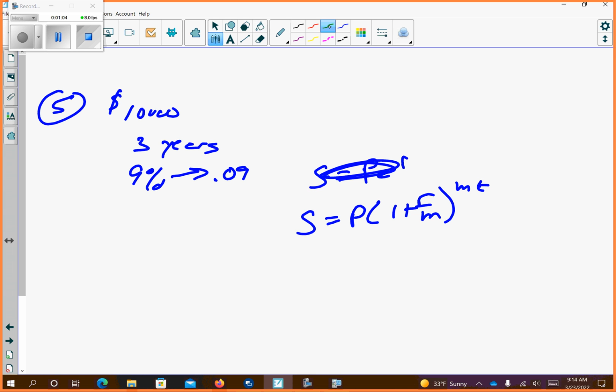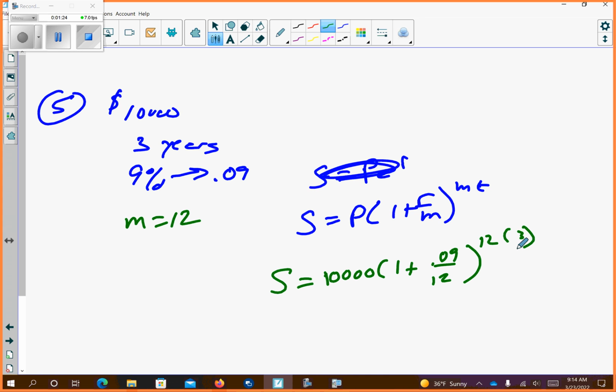And compounded monthly. So our M is going to be 12 because it's monthly, because there's 12 months in a year, unless I have forgot a month. So we're going to go 10,000, 1 plus 0.09 over 12, raised to the 12 times 3. And if we plug that into our calculator,